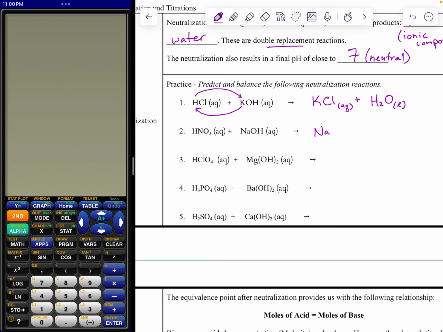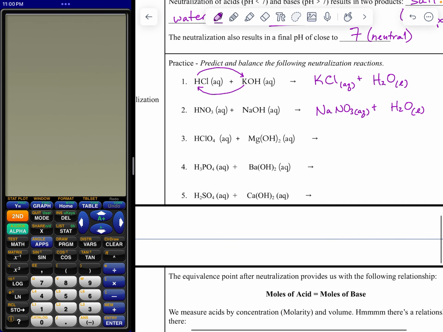So in this case, this is NaNO3 and water. And again, remember, we usually can write water as HOH with that hydrogen in the front coming together with that hydroxide ion in the back as well. Let's go through this one. Now notice it's a little bit different here because we have 2 hydroxides because that magnesium has a positive 2 charge. And when it's going to pair up with this